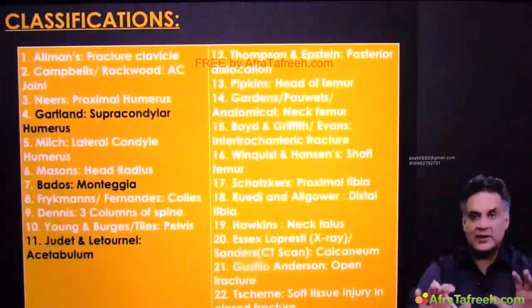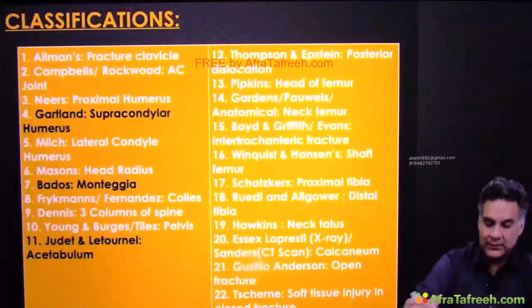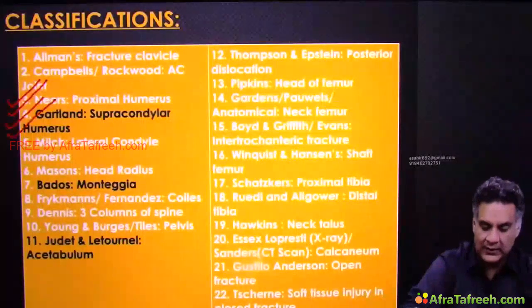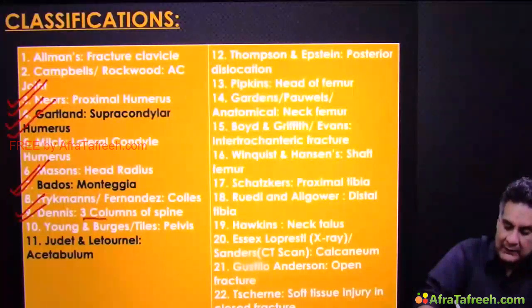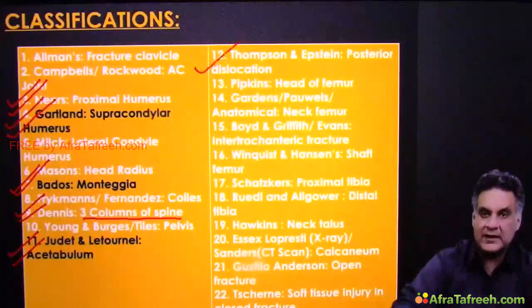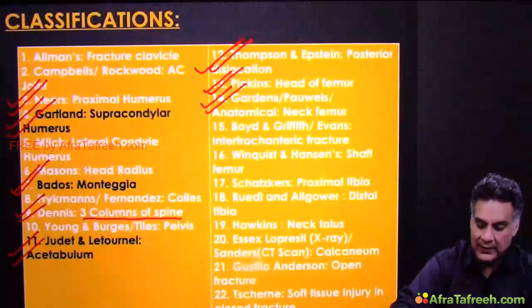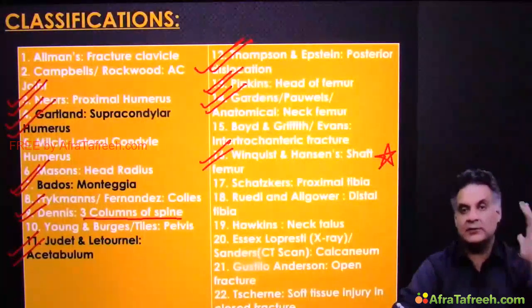Classifications. Classifications of fractures are very commonly asked. I will tell you the important ones. Neer's for proximal humerus, Gartland for supracondylar humerus, Bado for Monteggia, Denis three-column theory for spine, again very important, Judet and Letournel for acetabulum, Thompson and Epstein for the posterior dislocation of hip, Pipkin for the head of femur, Garden, Pauwels and Anatomical for neck of femur, Winquist and Hansen for shaft femur, more important than you can imagine,